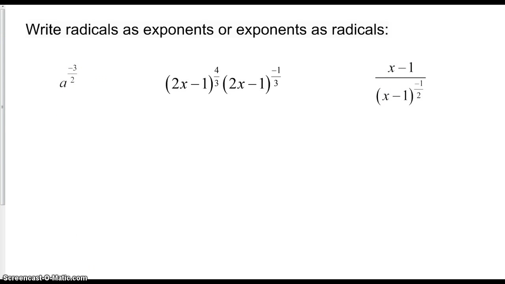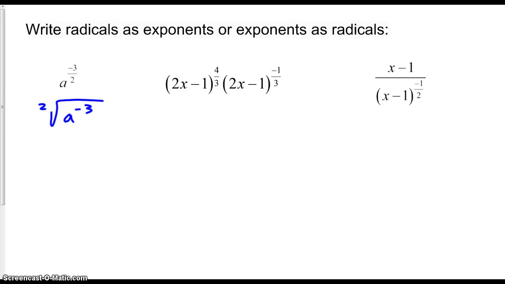Okay, same thing. Let's write radicals as exponents and exponents as radicals. This time we're going more from exponents to radicals. Let's see, a to the negative 3/2 power. Well, we can think of that as the second root of a to the negative 3, which you could write that, let's see,